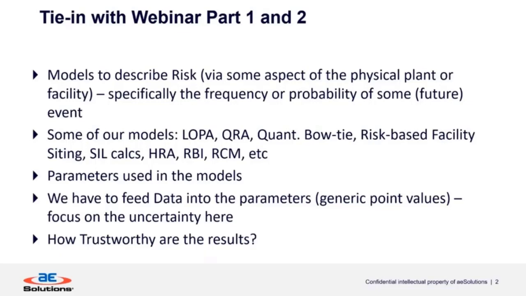So frequency and/or probability related to risk, not necessarily the consequence modeling or consequence aspects of risk, but likelihood in terms of frequency and/or probability of some future event, which is important, and that'll be a common theme of today's webinar, is discussing that aspect of risk as involving a future event and the forward arrow